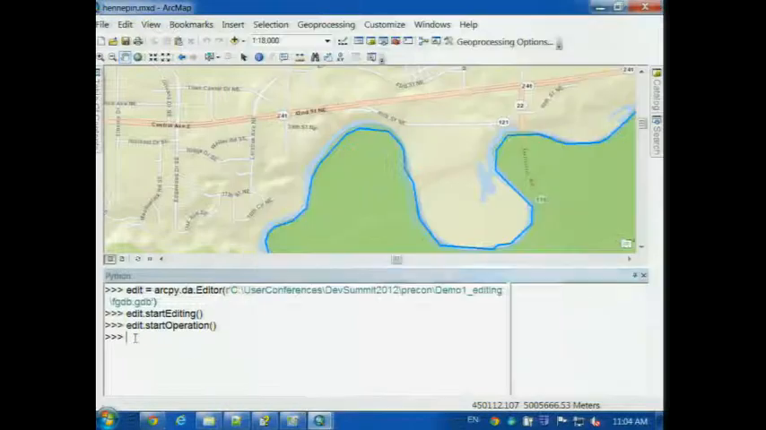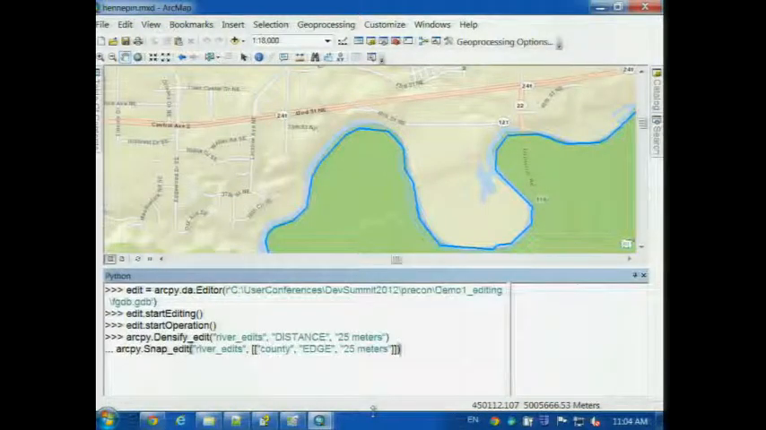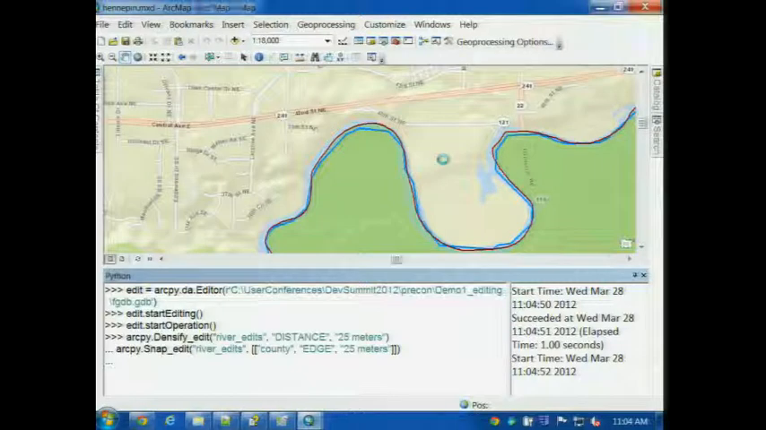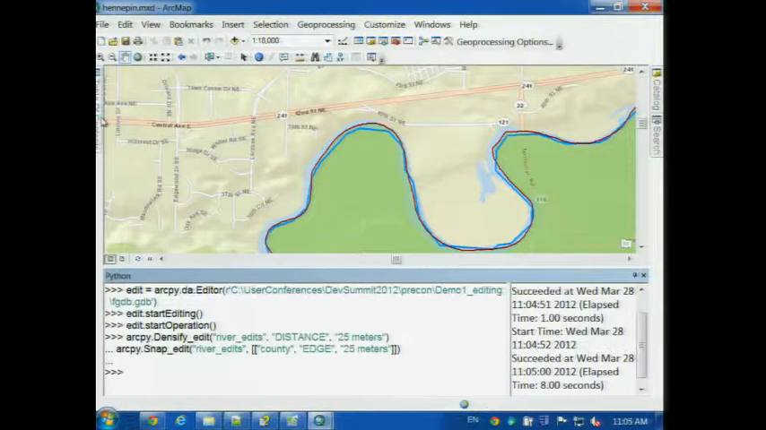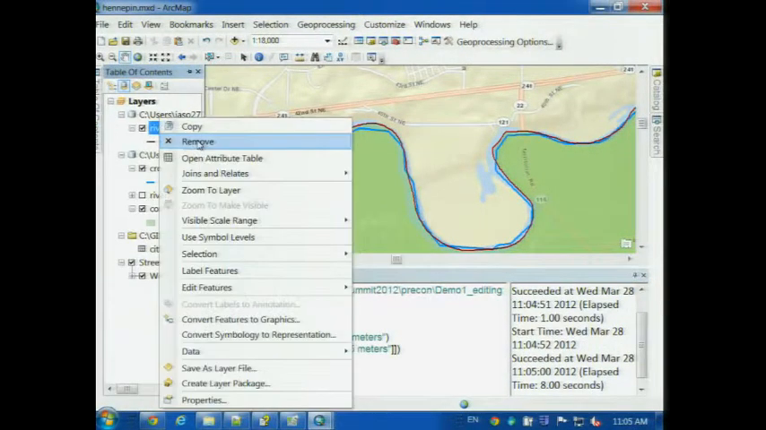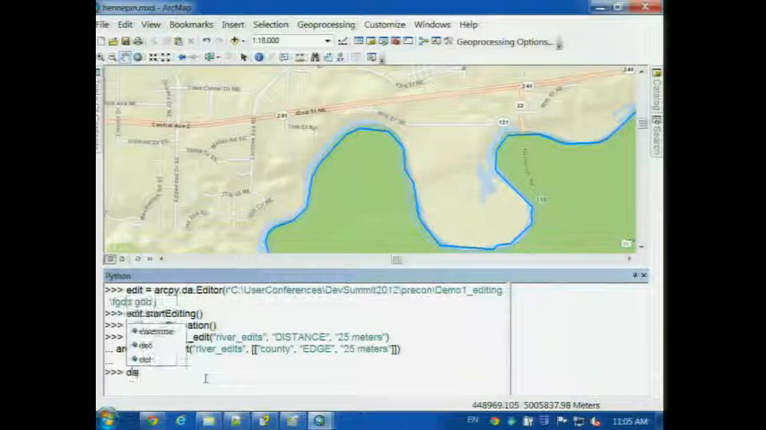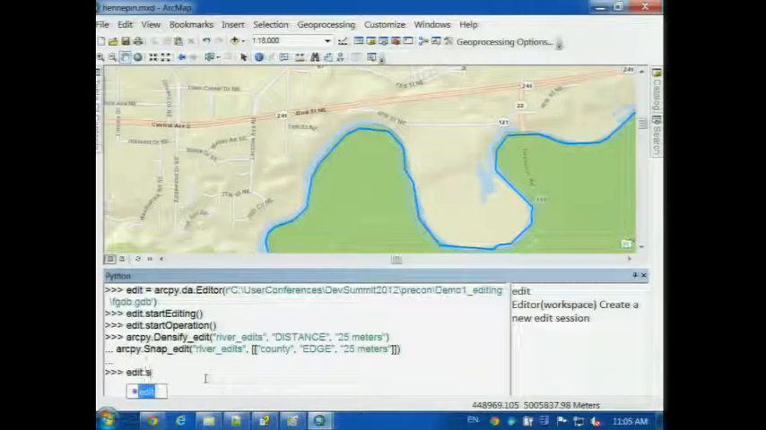Control-C. And I'm going to do a densify and a snap. So I'll densify it. Oh, I did it on the wrong feature class. Actually, let me remove this. I did it on the wrong feature class, so let's start over. I'm going to delete the edit. Say edit, stop editing,